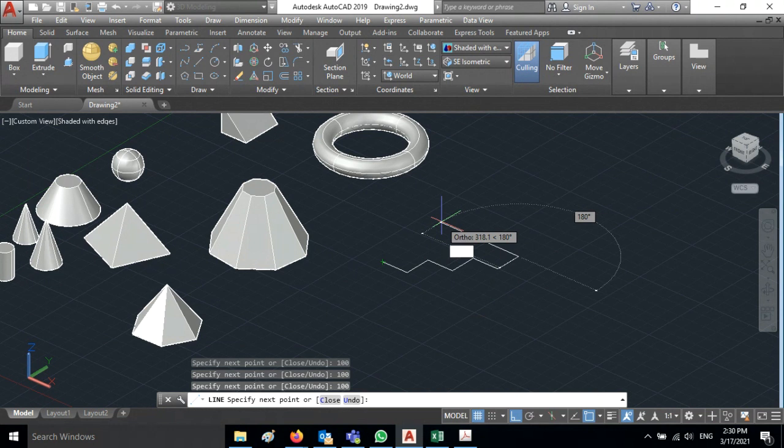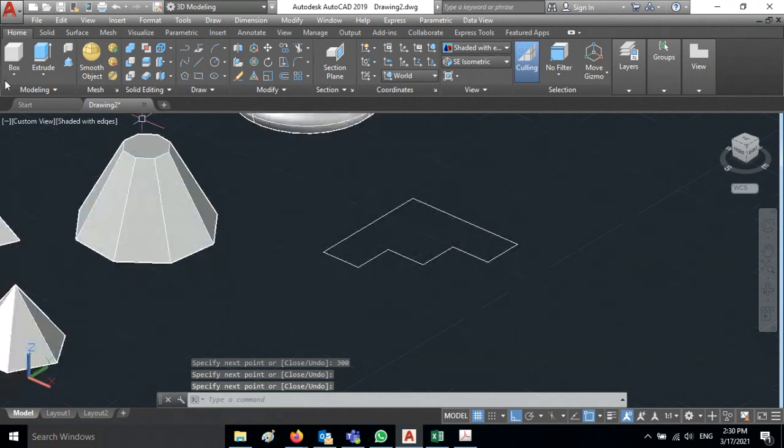Normally it is 300, right? 300, and join this. Okay, now I want to use this same object, which looks like a 2D. Okay, now we want to make it an extruded 3D object.